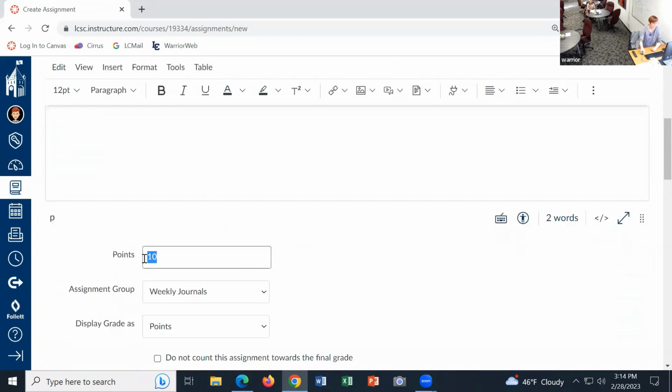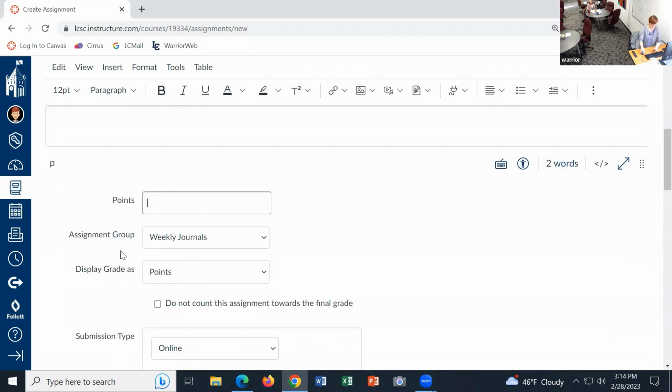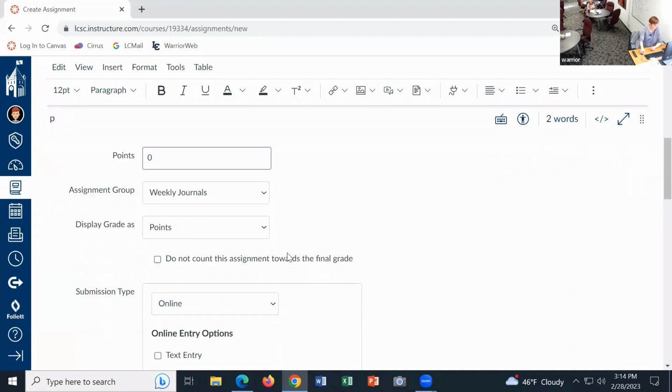So extra credit. Now, when we're talking about extra credit, you want your point value to be 0, because otherwise it will inflate your overall total, and the students who don't do the extra credit will then be penalized for not getting those points. So extra credit columns always get 0. Otherwise, you would just put your point total for the activity like you would a regular assignment.